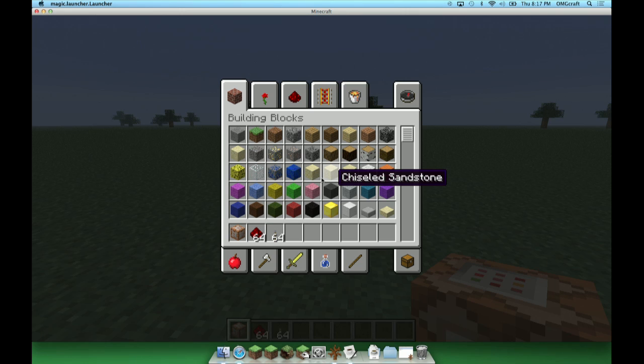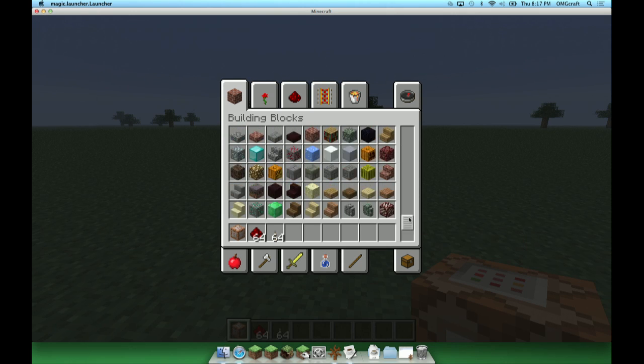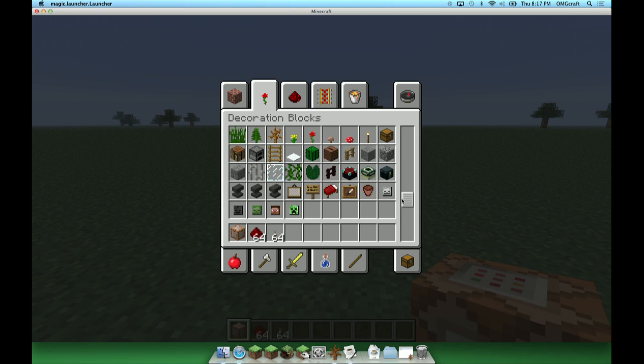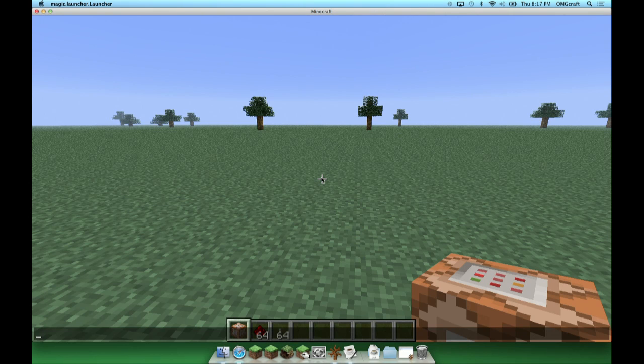And if you go into your creative inventory, even in creative mode, there is no command block. If you look real hard, try to find one, there just isn't one in there. What you have to do is type into the chat